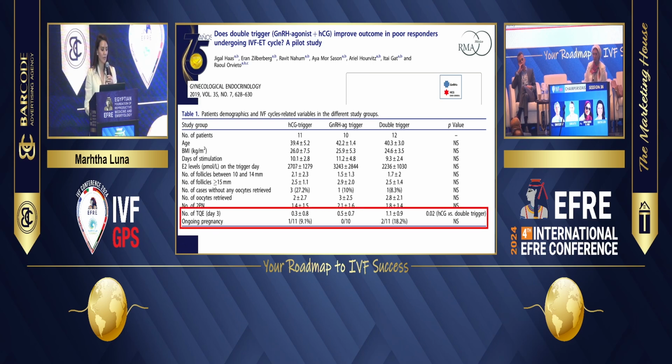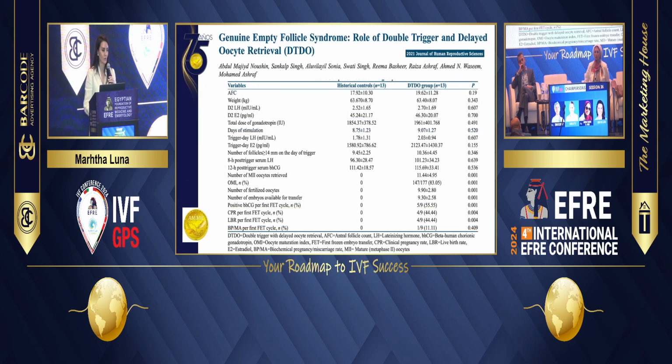And you can see here that they report a higher ongoing pregnancy rate in patients receiving the double trigger shot. Now, these are patients with a very limited prognosis, with a severely diminished ovarian reserve. And this other publication from 2021 includes 13 patients that underwent a first retrieval with no oocytes, and then a second retrieval employing the double